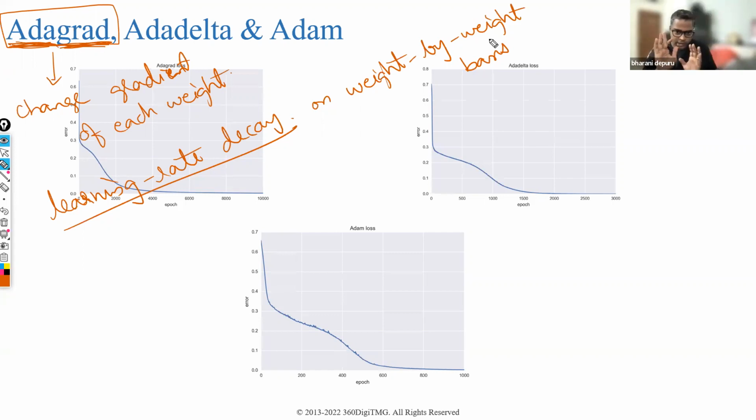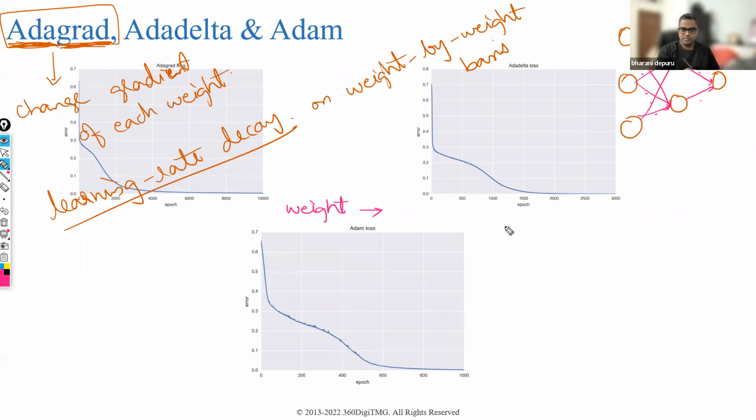So ideally, say this is the kind of network that you have. You will have weights. All these are weights: weight 1, weight 2, weight 3, weight 4, weight 5, weight 6, weight 7, weight 8. So for each weight that you're going to have,